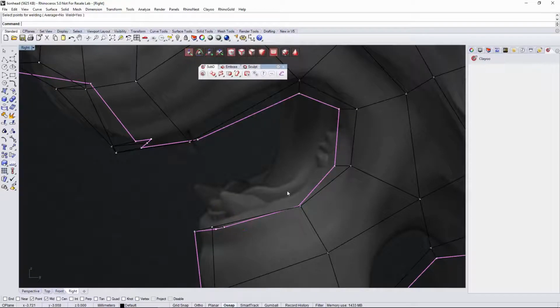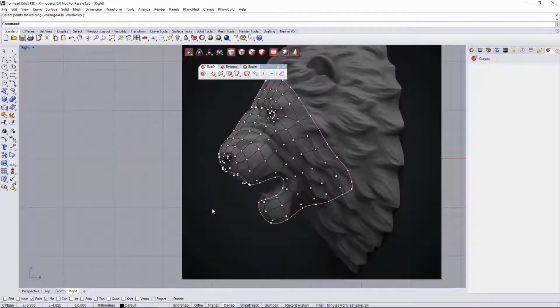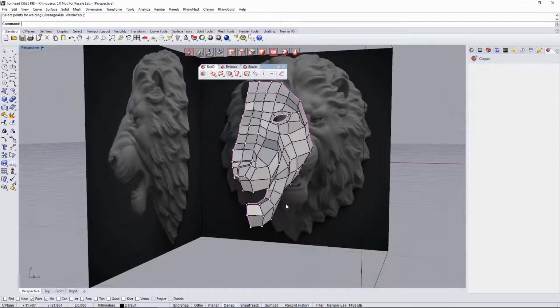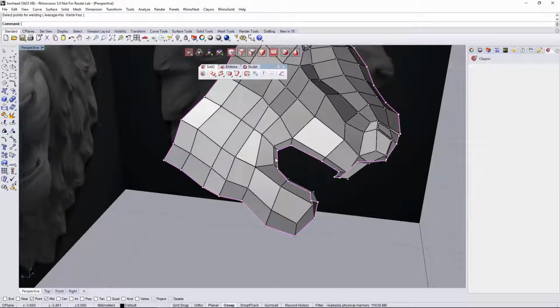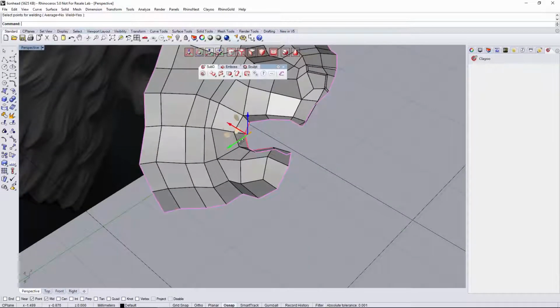And here maybe we can refine a little bit. We have abandoned the mouth totally here, so we can just refine that a little bit. But as I told you, this part is quite easy in comparison with all the other parts. So right now we have to finish this mouth. So what I like to do is